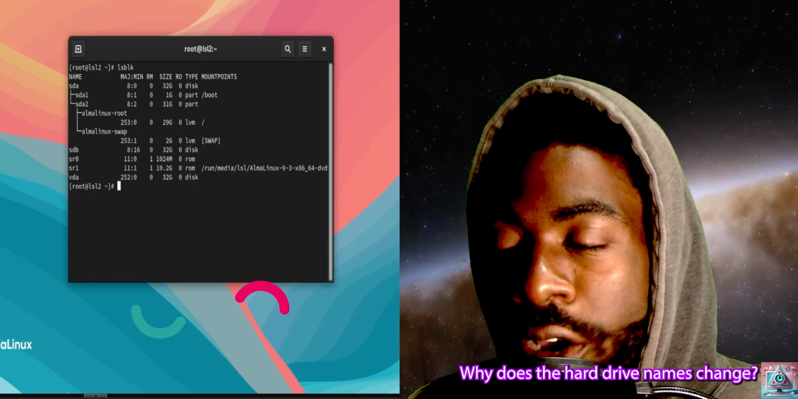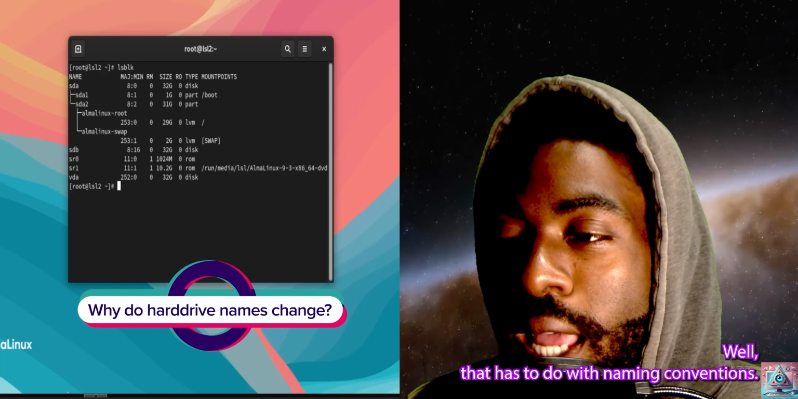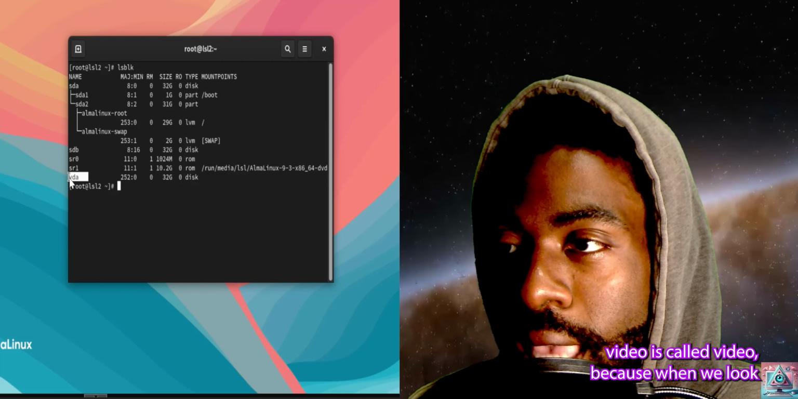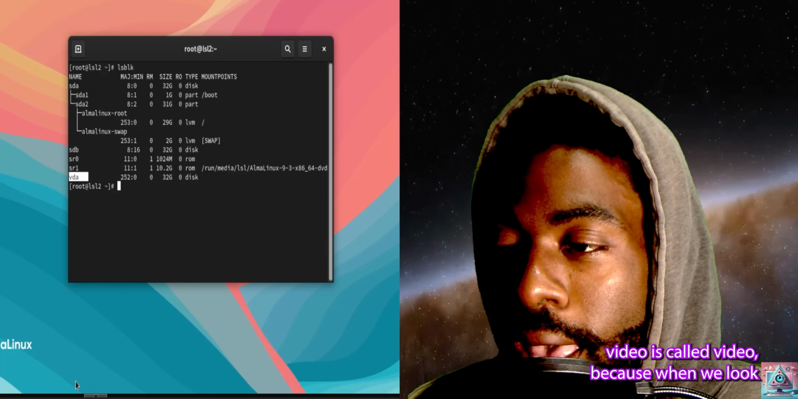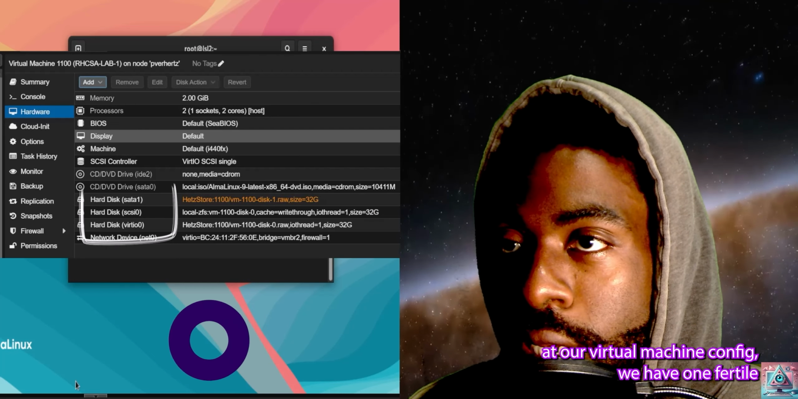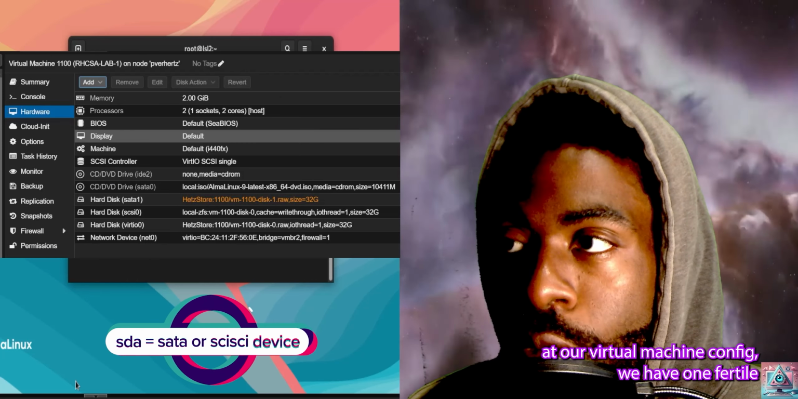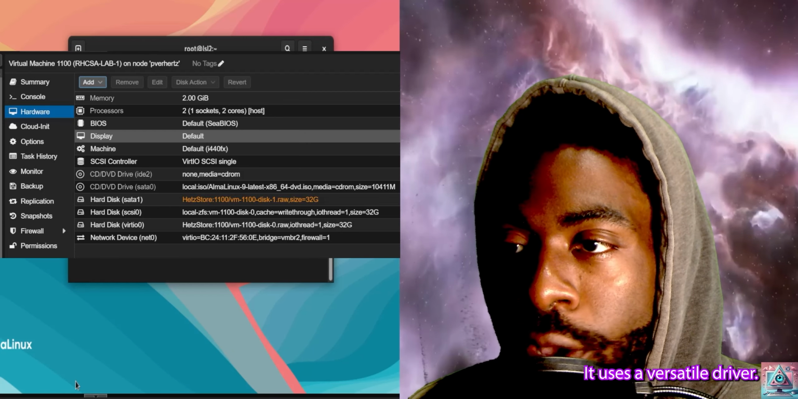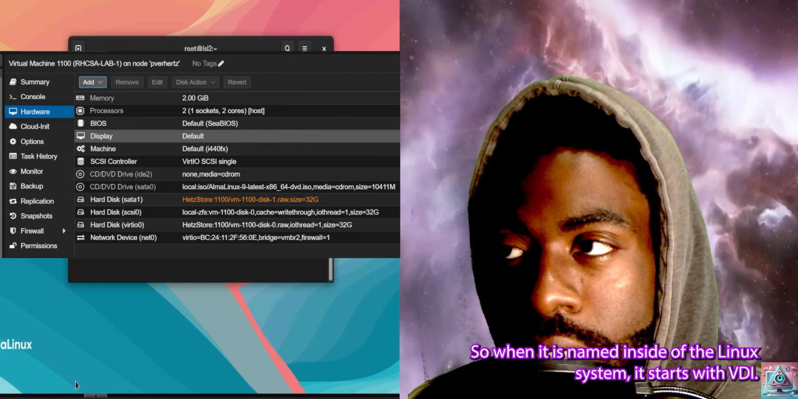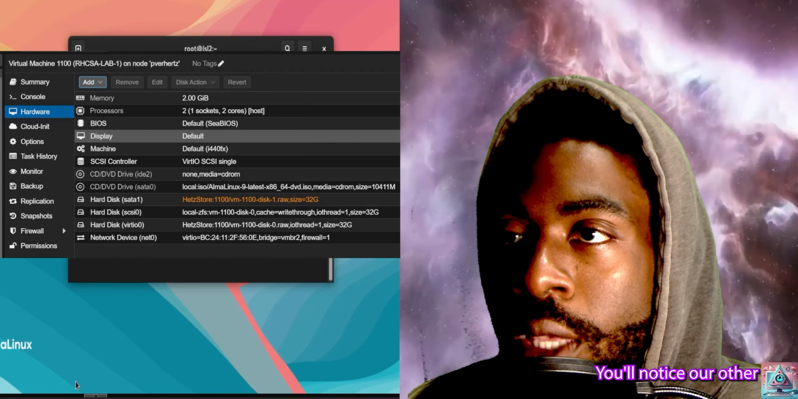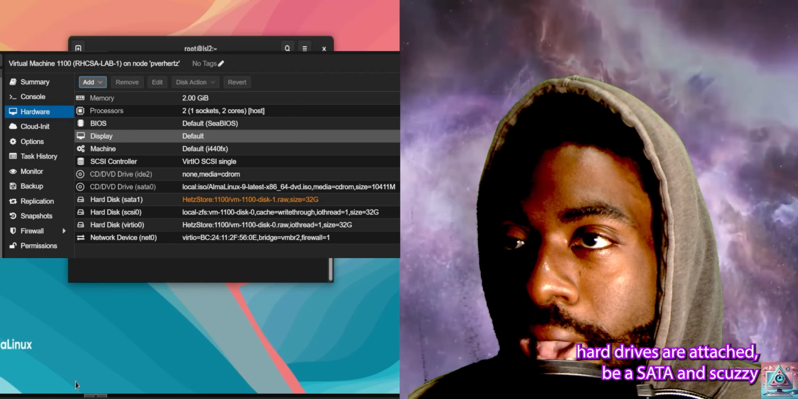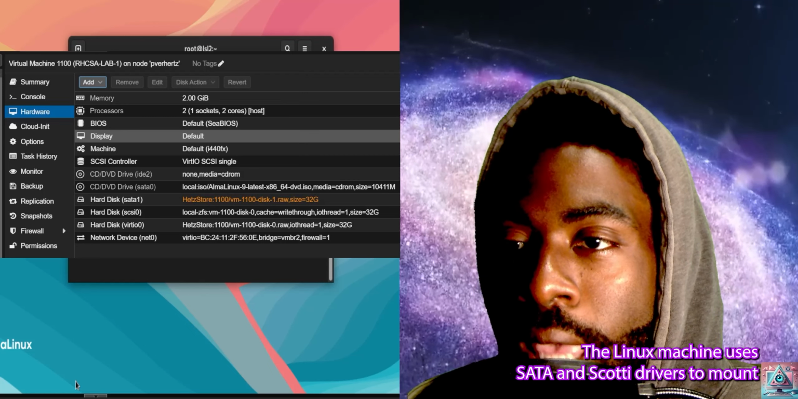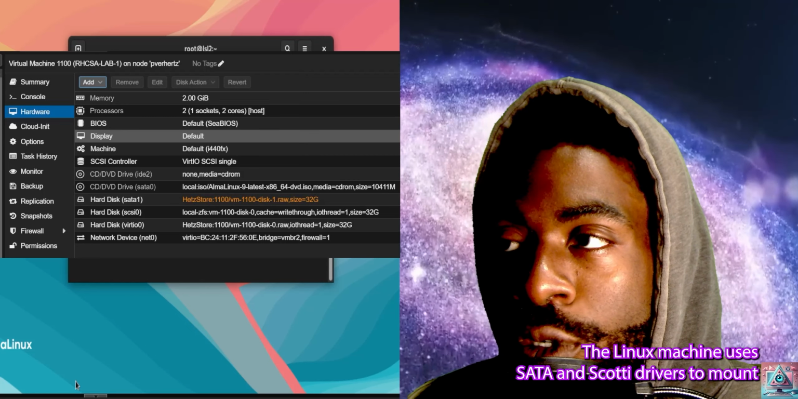Why do the hard drive names change? Well, that has to do with naming conventions. So if we were to go right here, this hard drive vda is called vda because when we look at our virtual machine config, we have one VirtIO hard drive attached. Because that is a VirtIO hard drive, it uses a VirtIO driver, so when it is named inside of the Linux system, it starts with vd. You'll notice our other hard drives are attached via SATA and SCSI. Because it's attached via SATA and SCSI protocols, the Linux machine uses SATA and SCSI drivers to mount those virtual